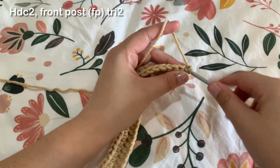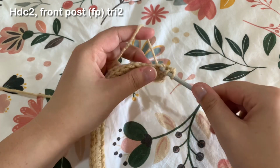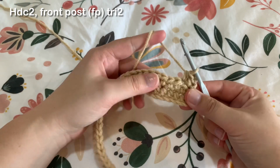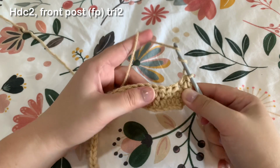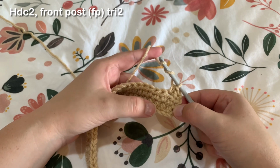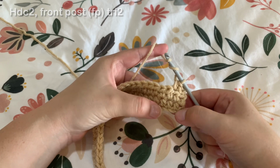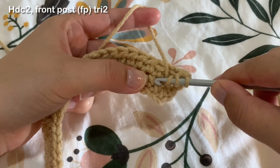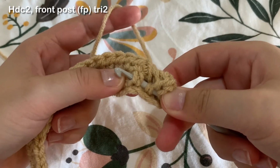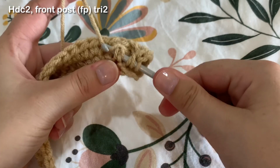So for our third row, we're going to begin working on our cable stitches. So we're going to begin by creating 2 half double crochet, and then we're going to make a triple crochet, and we're going to go behind the third half double crochet from the first row that we made. So going behind that stitch, pulling our yarn through